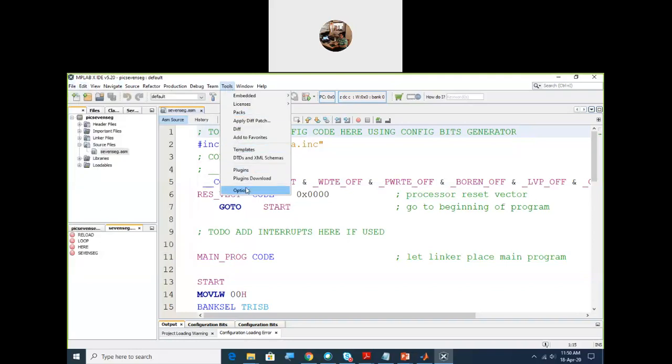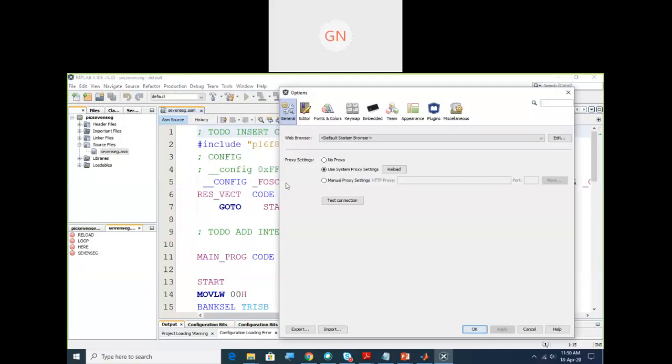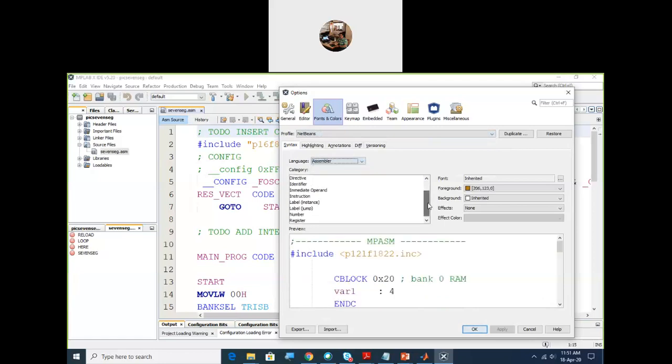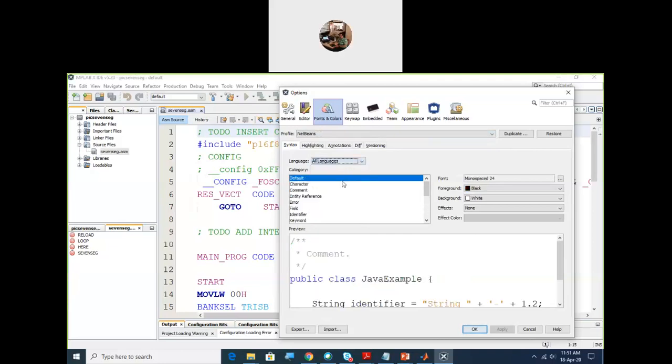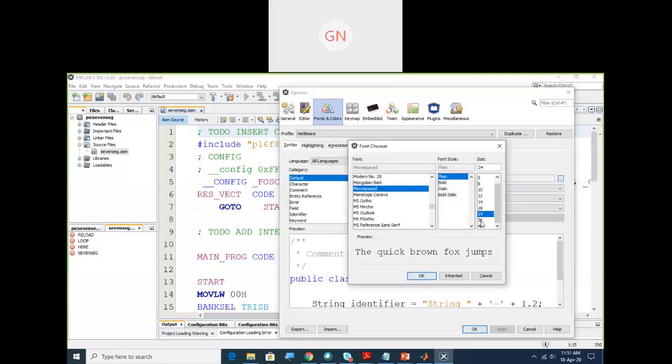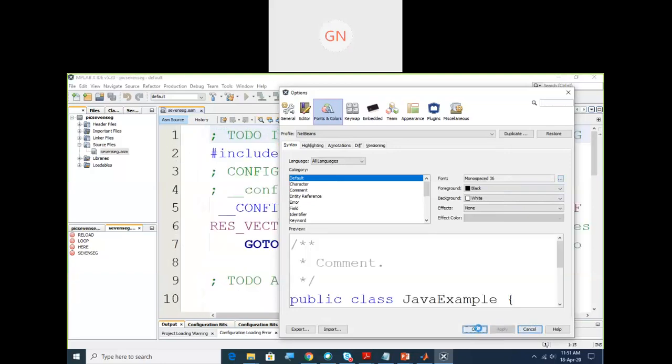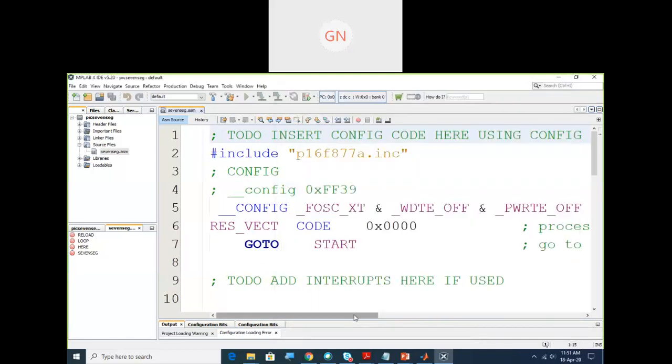Let me increase the font. Okay, so now this may be somewhat better.